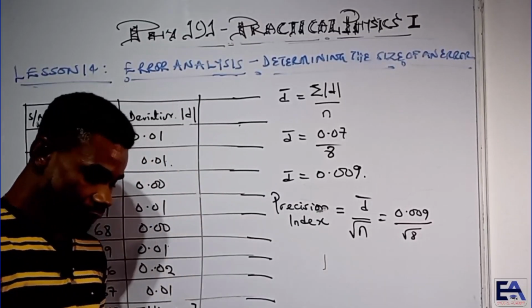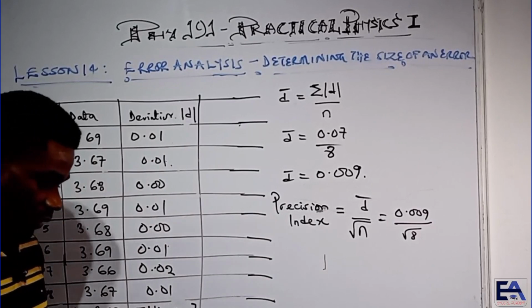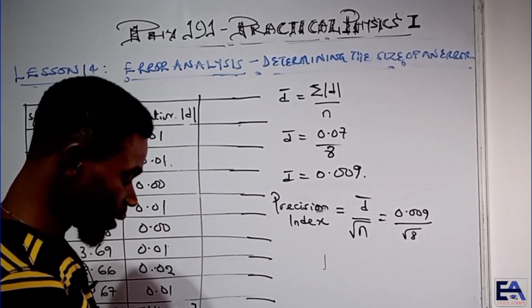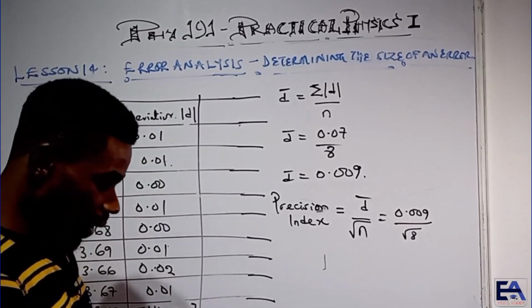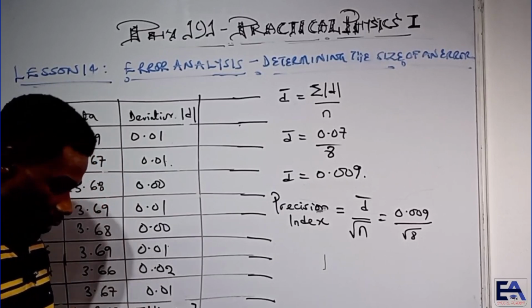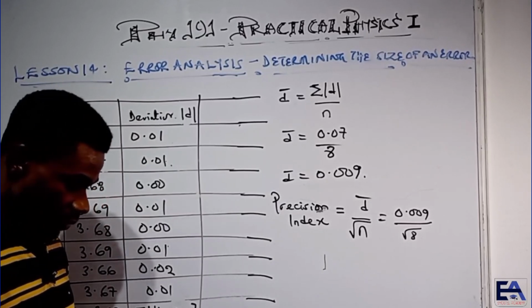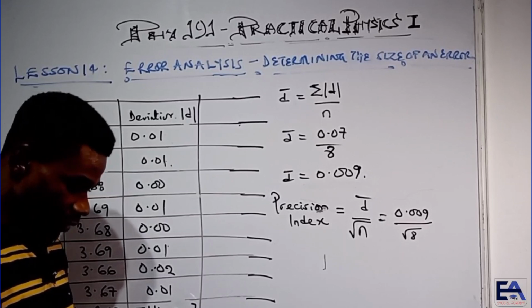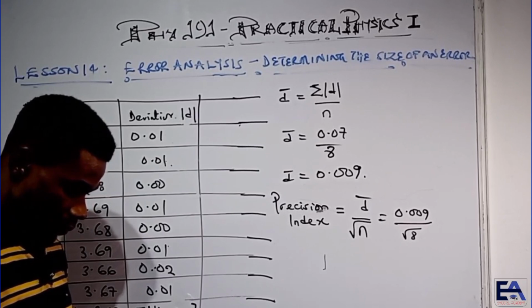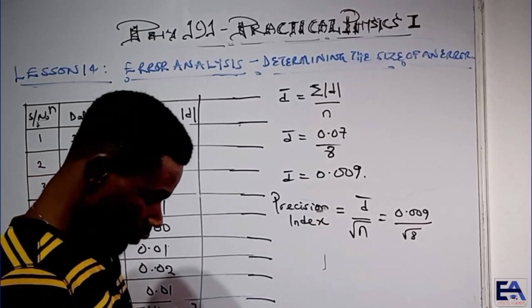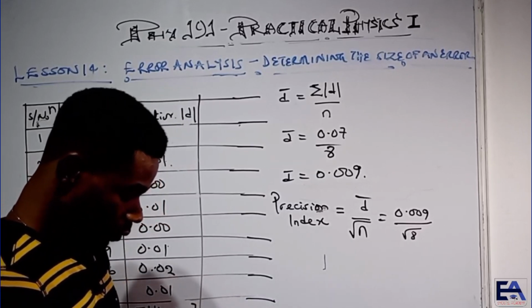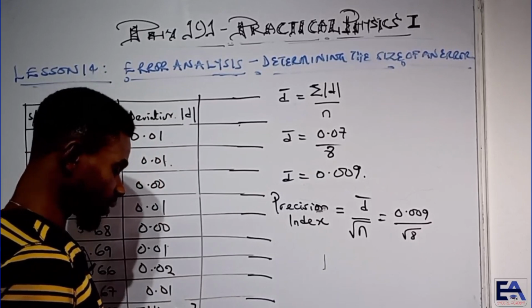So again, we're going to calculate 0.009 divided by the square root of 8. Let me change it to scientific. Divided by the square root of 8. Okay, so the answer here is,